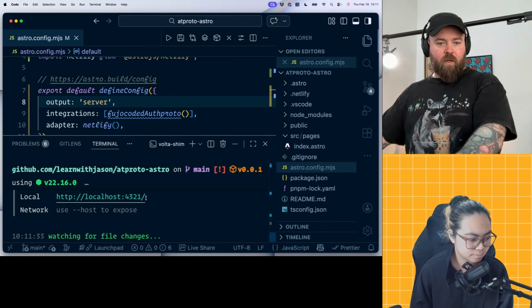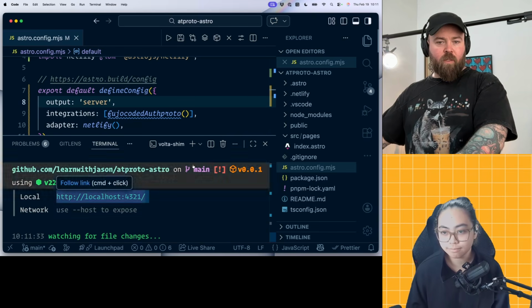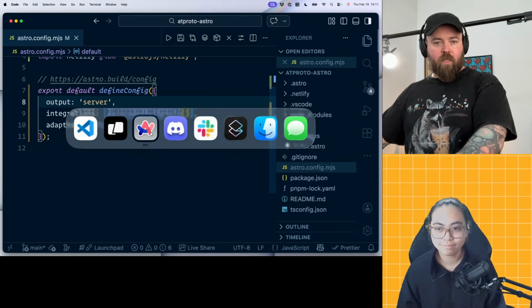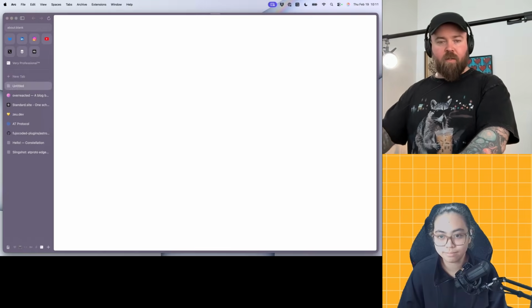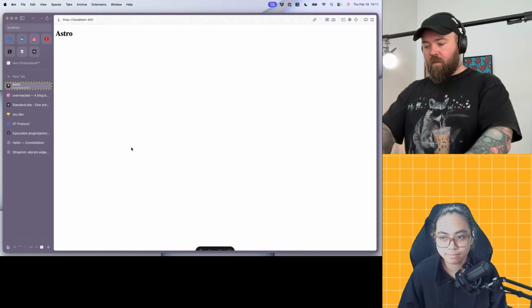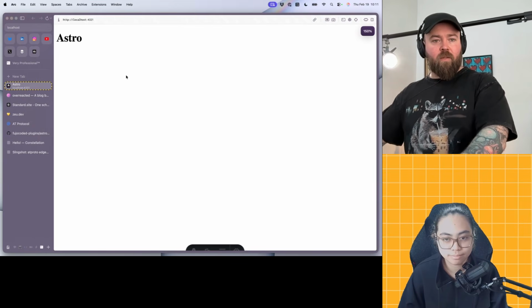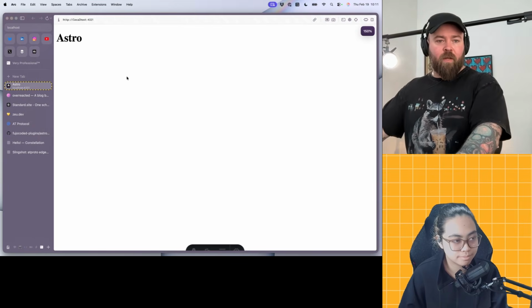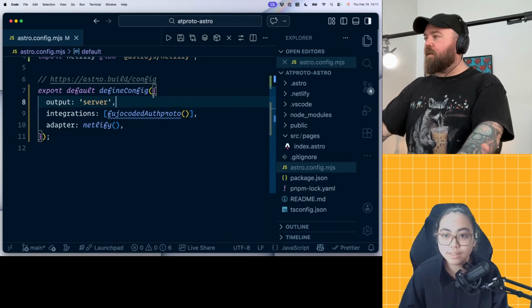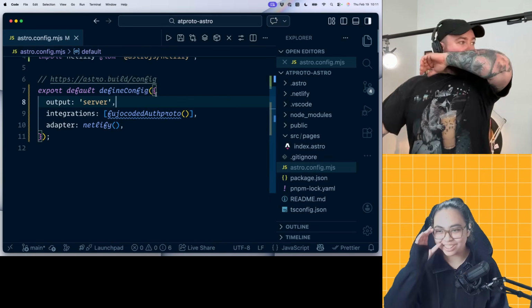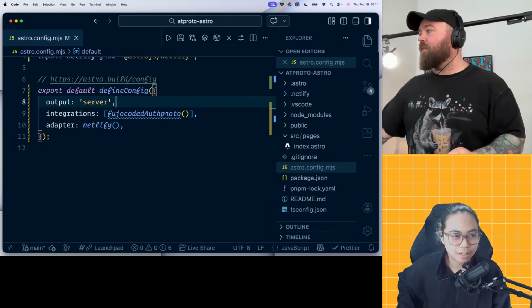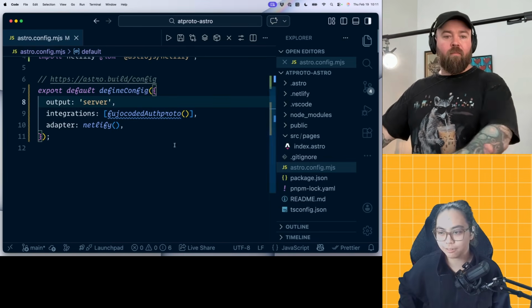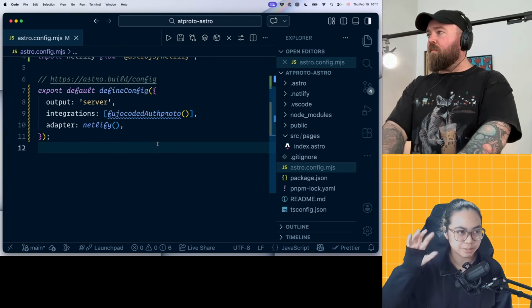Okay, so that is running at localhost 4321. So I'm going to close that up and head over here. And this is now our little Astro site. As you can see, there's nothing to it right now. Real simple stuff. But just you wait. So I normally put like the default Astro page, with the HTML and stuff,